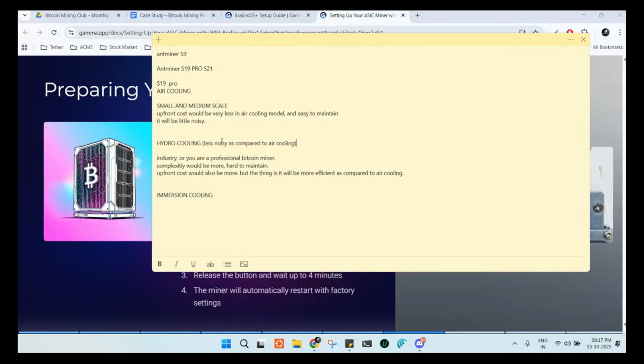So just water will be used, and in India the temperature is very high sometimes in the summer season, right? As compared to Canada and other countries. So in those scenarios,